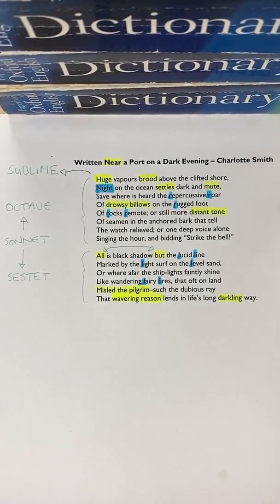That sort of thing. So it's written near a port on a dark evening, so immediately we know that this is going to be about a seascape, and of course the first line confirms that as we discover that huge vapours brood above the cliffed shore. And worth mentioning here that this word "huge"